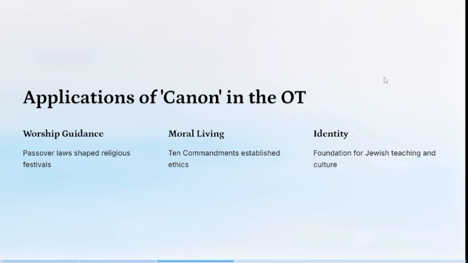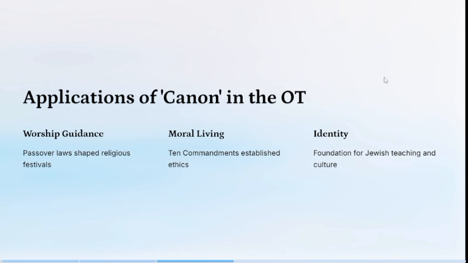So basically, the religious application in essence comprises the scriptural authority, whereby the Old Testament serves as a foundation for Jewish and Christian scriptures, which provides teachings, laws, and prophecies. It also has the worship and liturgy, whereby Old Testament passages are used in Jewish synagogues and Christian churches today. And also we have the theological education under the religious applications of the canon in the Old Testament. The theological education is studied in theological institutions in order to understand God's relationship with humanity and messianic expectations.